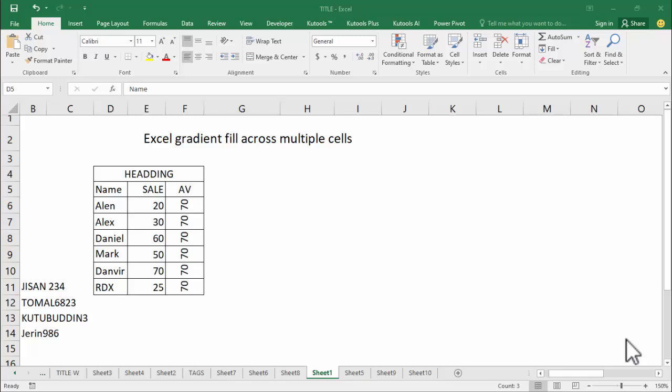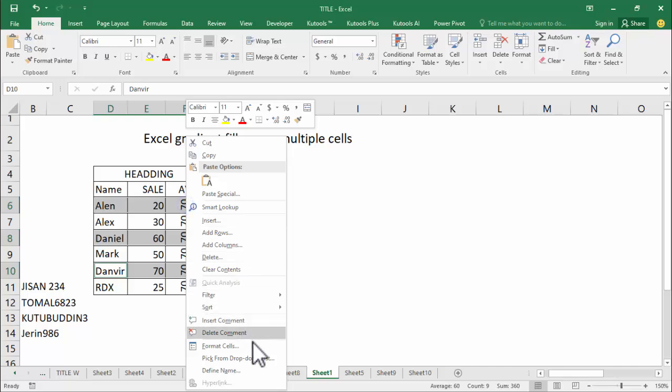In this video, Excel gradient fill across multiple cells in Excel. Select the single cells, select all cells, or select multiple cells. Hold Control and select multiple cells. Then right click mouse, go to Format Cells,